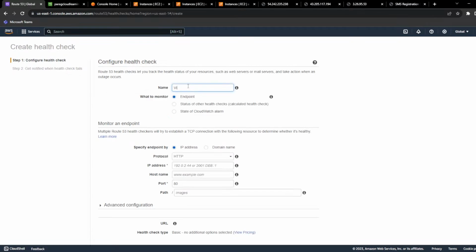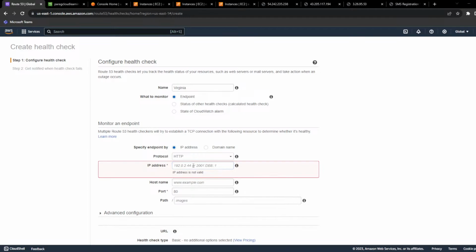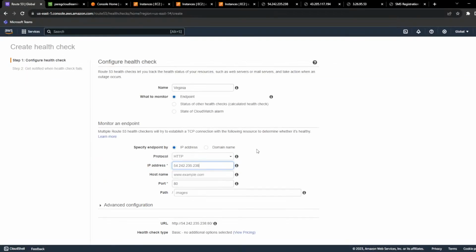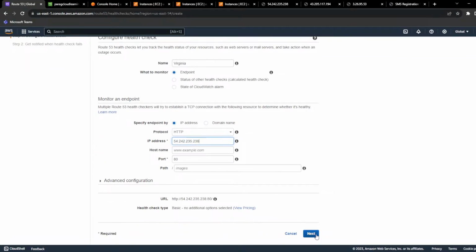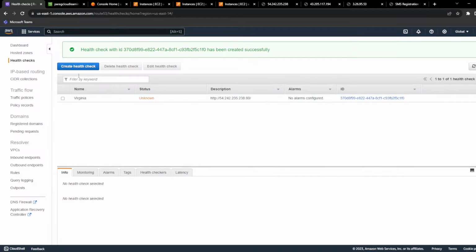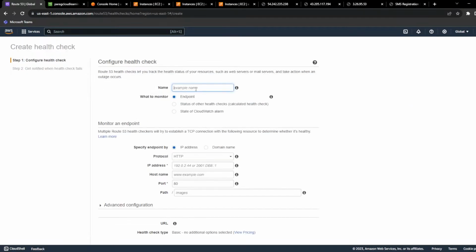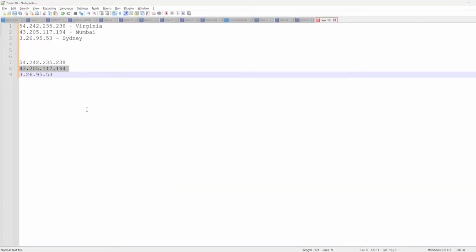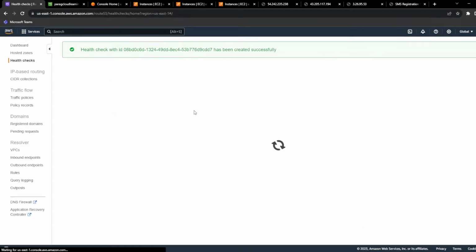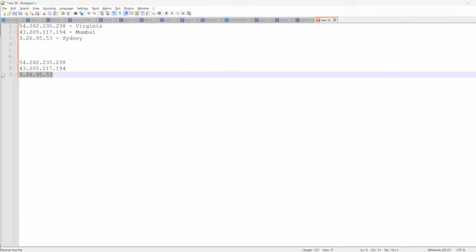You can give any name, Virginia endpoint, and just paste the IP address. That's it. Don't have to do anything. Just next, next, done. Virginia. Now create for Mumbai. So you have to create health checkups first, and the health checkup will be monitored by CloudWatch. Next and next. Third,